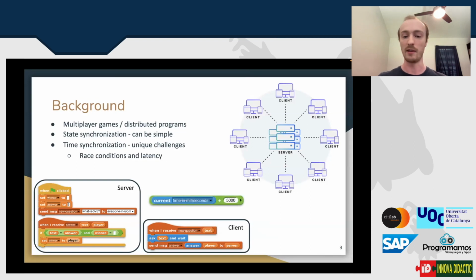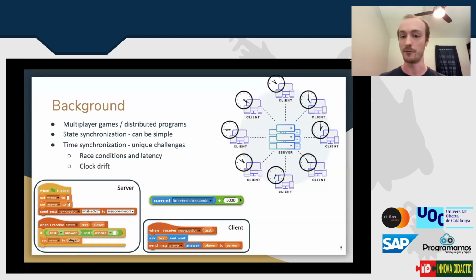Now you might be thinking, can't we do something where we schedule ahead of time? Like let's say we get the current time, add some amount of time, like 5 seconds. We send this time out to everybody. Everybody waits until that time, say 9 a.m., and then they send the question. So that should get rid of the problem, right? Well, a different issue is that there's clock drift on different computers. So 9 a.m. is not exactly 9 a.m. on other computers, and we don't really have a good way to address that currently.